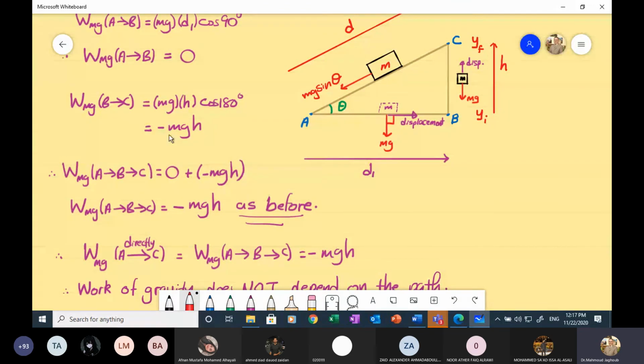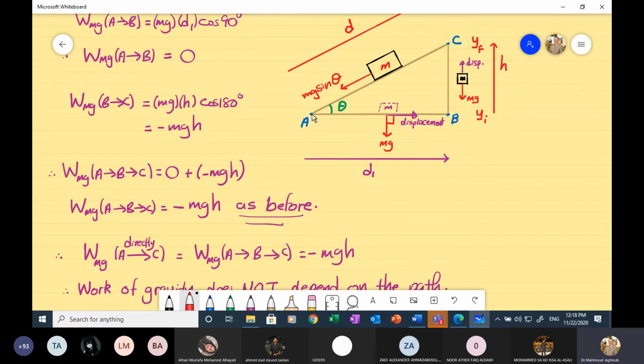It is from A to B, which is 0, as I have written above there, plus from B to C, which is minus mgh. So if you add them up, the work done in going from A to B to C is minus mgh, as before when we went from A to C directly, it was also minus mgh. So the question is,